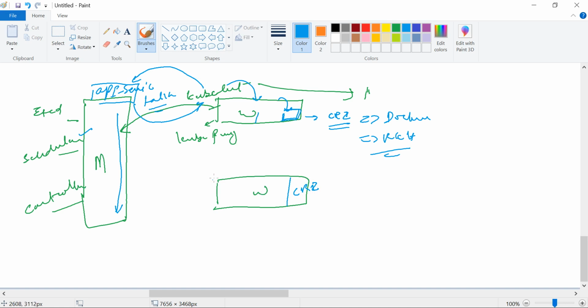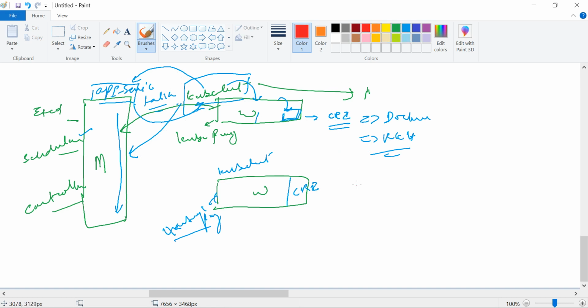The kube proxy is also installed in your worker node. So the kubelet is simply there to talk to the master node with the help of the API. So what is the kube proxy here?